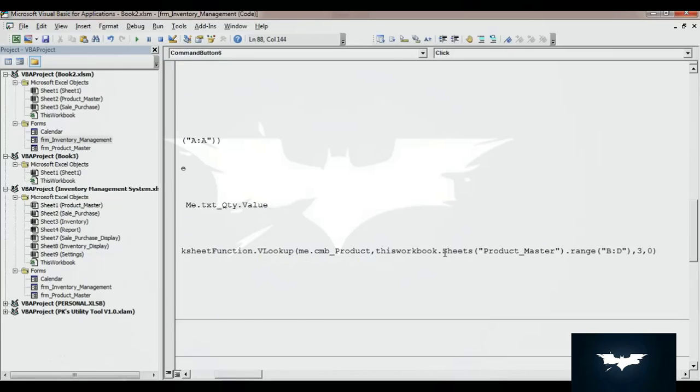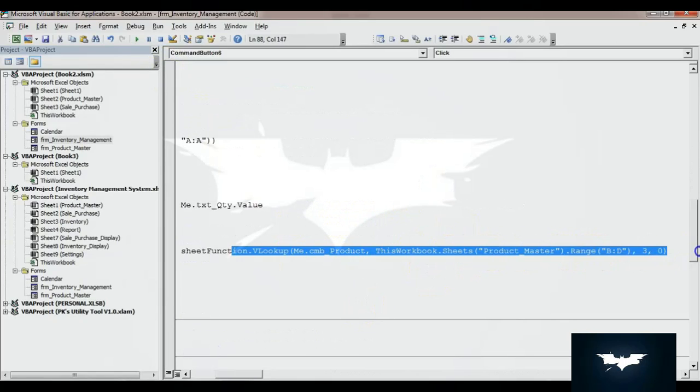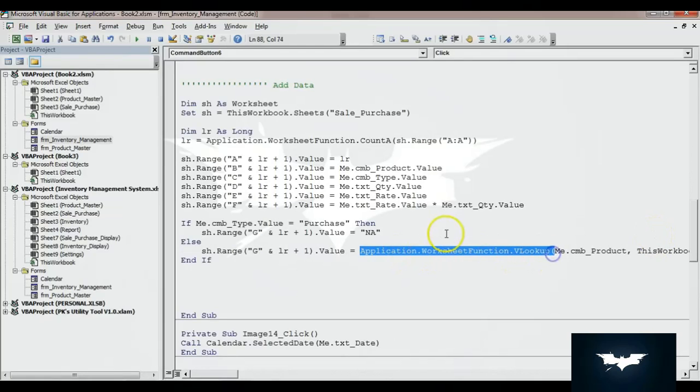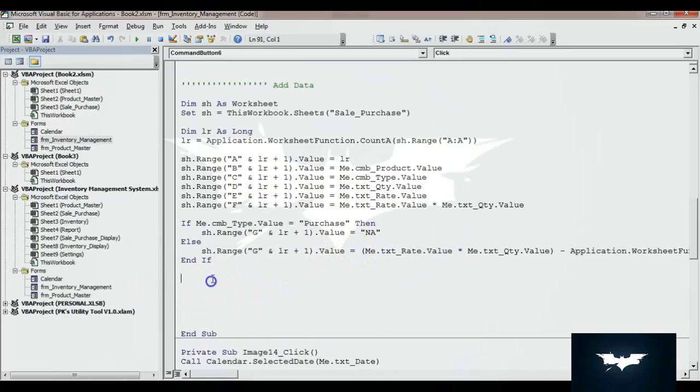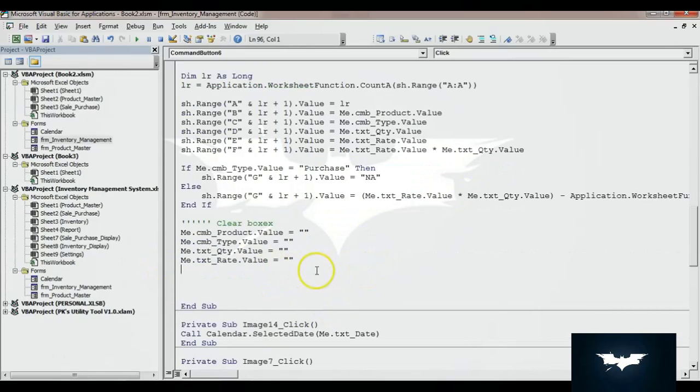So we have got the purchase price, and we multiply this purchase price by the quantity. So our quantity is this one, so I will multiply it by this value, multiply the quantities. This is our purchase. What is my sale? This one, this multiply this. So I'll use this multiply this minus my purchase. That will be my profit. Once we have updated our profit also, then we will make our boxes clear. So I'll use here ClearBoxes. Let me copy this. The value should be blank. Okay, so we have made all the boxes blank.